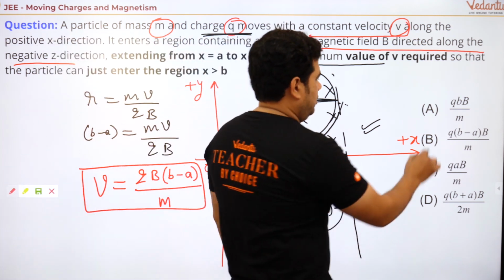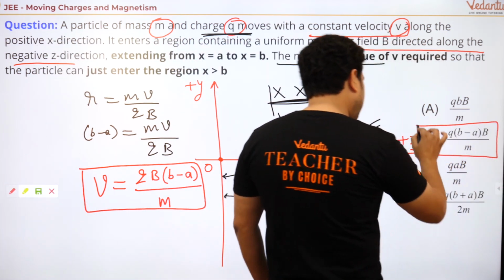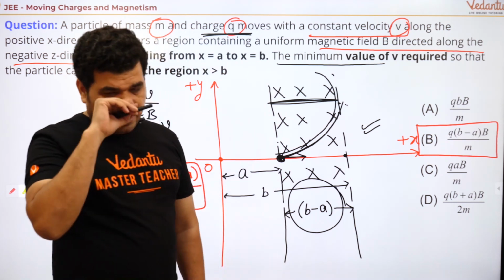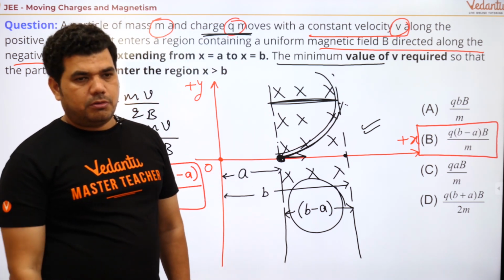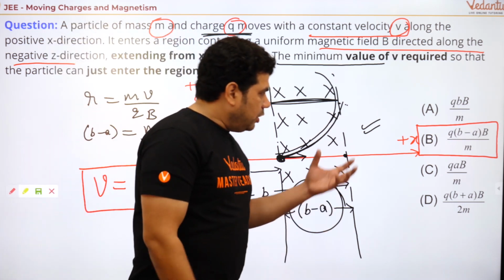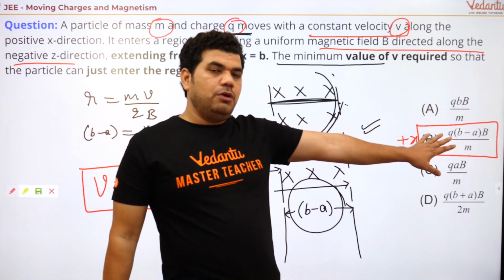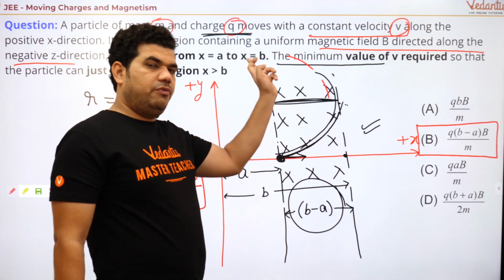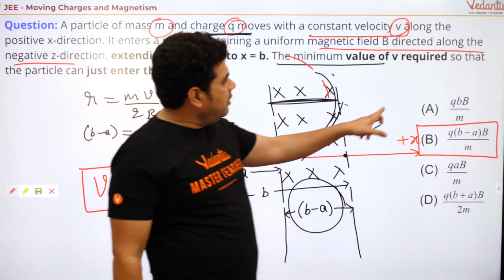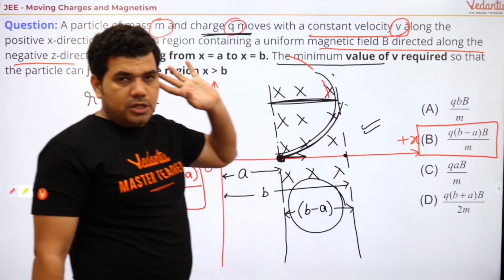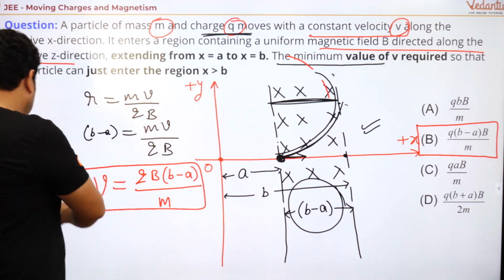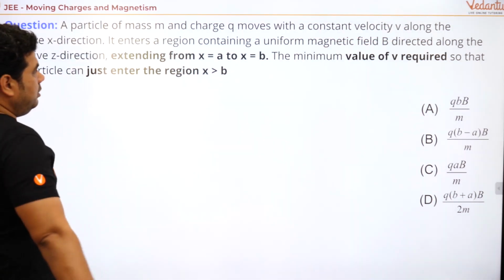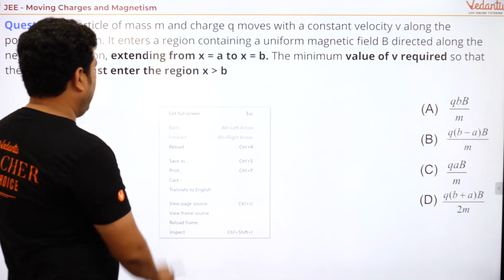Yes, somewhere here, B, Q, B minus A into B, right? If the velocity is less than this value, then it will move like this. If it is greater than this, then it will move like this. Okay, so this is also a very good question for the revision. Now another question is